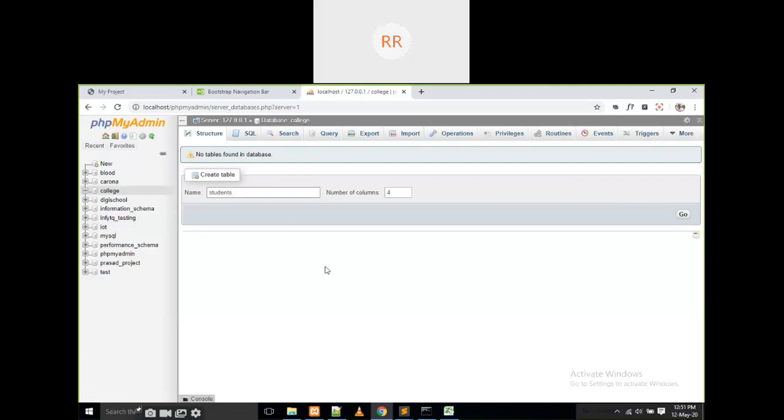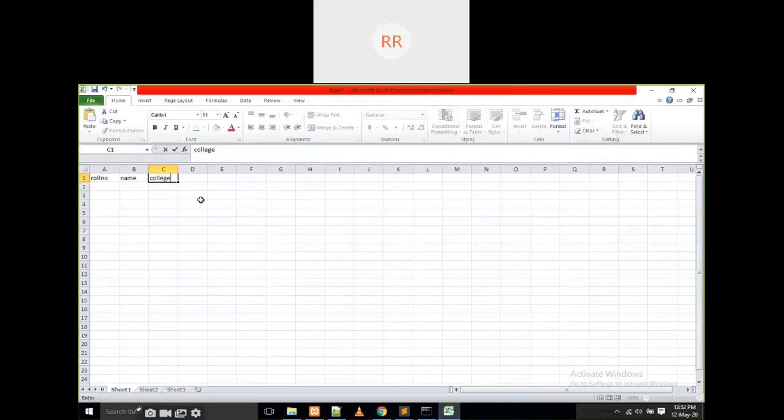I'm going to write how many columns I want. For example, I want roll number, college, branch, section, email, phone number, gender, and languages known.